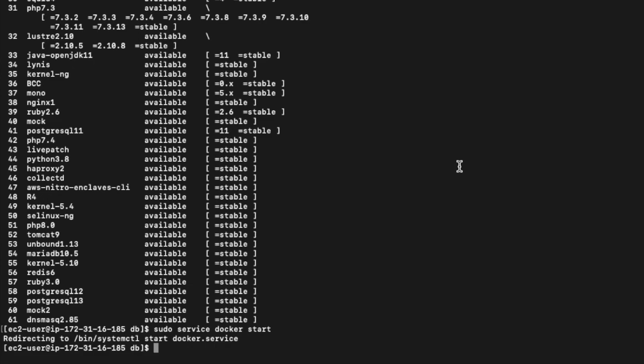There is a very simple command: sudo usermod -a -G docker. Friends, what this command does is add the user ec2-user to my Docker group.